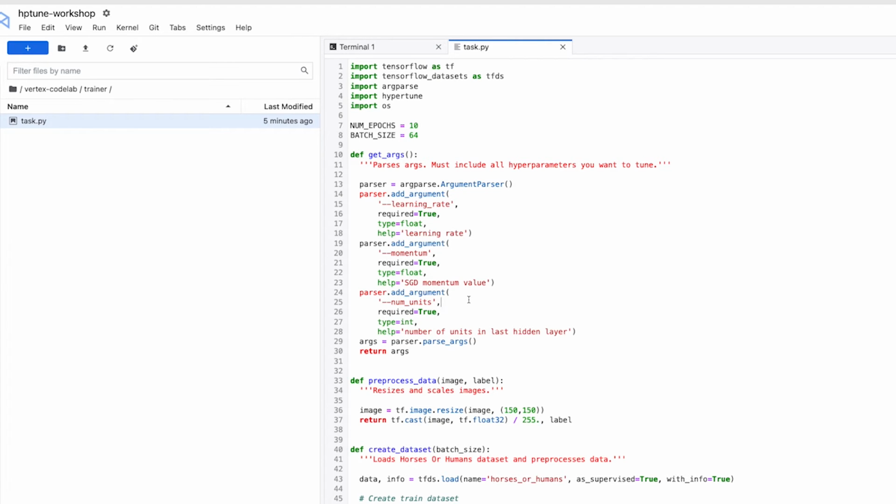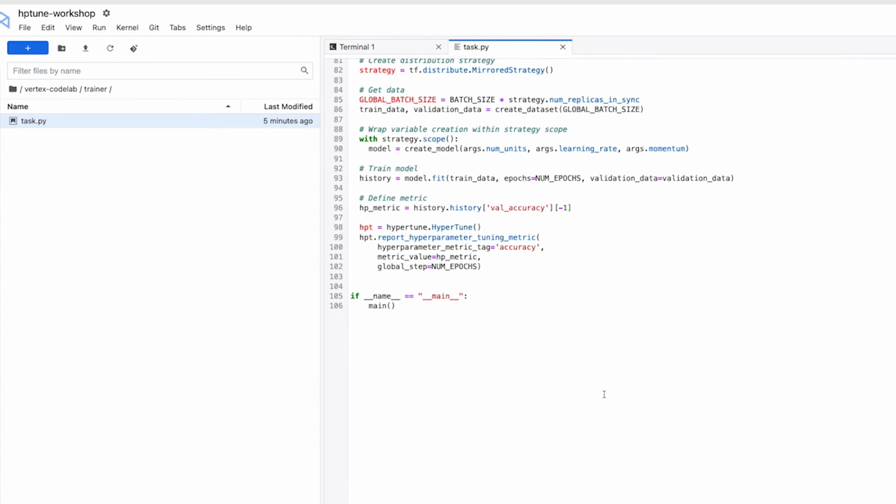These are just 3 hyperparameters that I chose to tune, but feel free to experiment with others, add more, or change these out, whatever you're curious to experiment with. Something to note is that you can call these hyperparameters whatever you like. I chose learning rate, momentum, num units. These string values are up to you to decide. You just need to make sure that you are consistent everywhere. When you launch the job, you'll want to refer back to these strings as well. So just make sure you're consistent, but otherwise you can call them whatever you like.